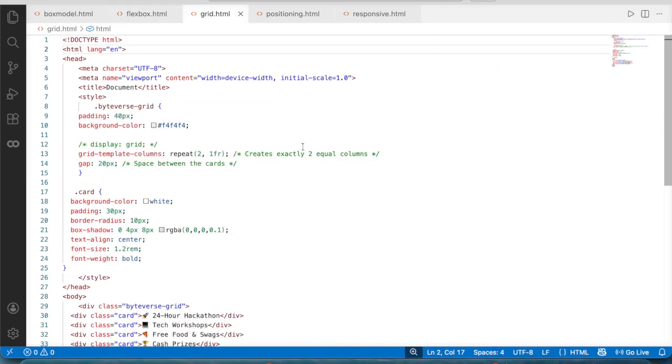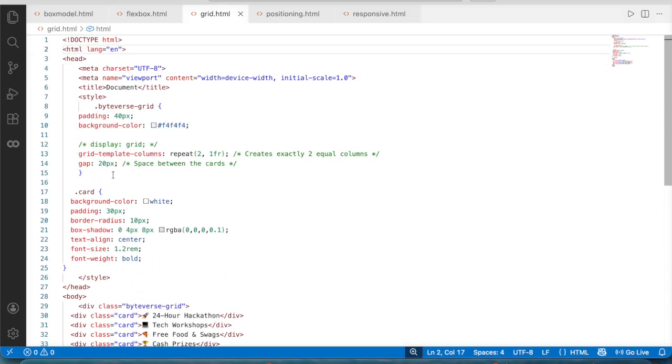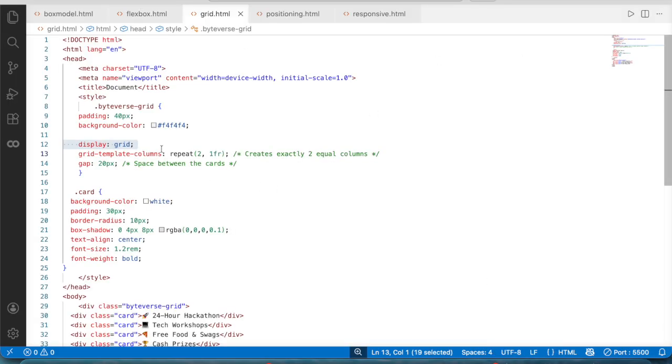अब जो मैंने यहाँ पर कोड यूज करा है ग्रिड के लिए, हमने ऐसे 24 आवर हैकेथॉन टेक वर्कशॉप ऐसा कुछ लिख रखा है। अब उसके बाद हमने यहाँ पे यूज किया है डिस्प्ले ग्रिड का, जो कि मैंने अभी कमेंट आउट कर रखा था। अब इसको चला के देखते हैं कि दिखता कैसा है। See, it was completely arranged in 4 directions. अब अगर हम इसे कमेंट आउट कर देते हैं डिस्प्ले ग्रिड को, तो आप देखो कैसा दिखता है ये।